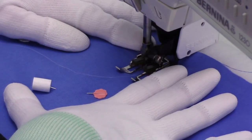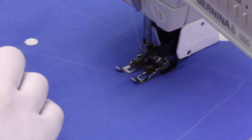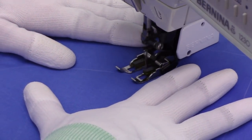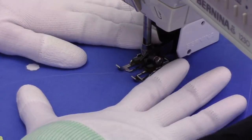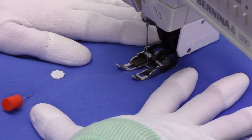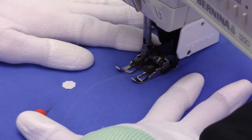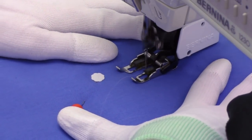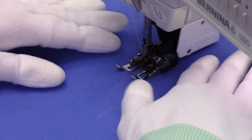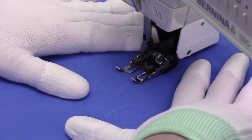So I'm getting started with desert sand and I have marked my foundation, and this is a fairly deep curvy line, so I'm going to have to stop and pivot the quilt as I follow this line. Deeper curves like this require just a little bit more fiddling and it's a little slower. When I'm stopping, I use my knee lifter to lift the foot slightly, and then I rotate the quilt over. I'm just doing very subtle shifts, very subtle rotation there. It's not really dramatic. I'm not making a big move like that, but I'm just rotating it just enough to